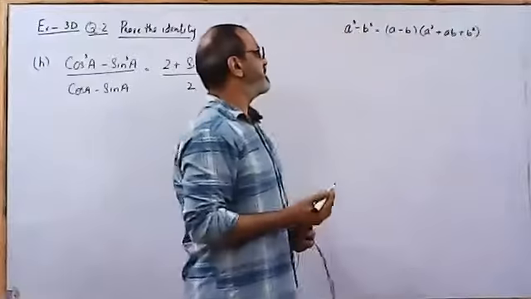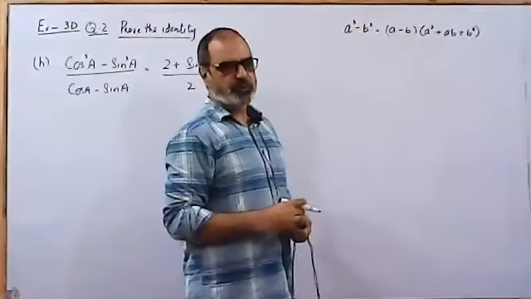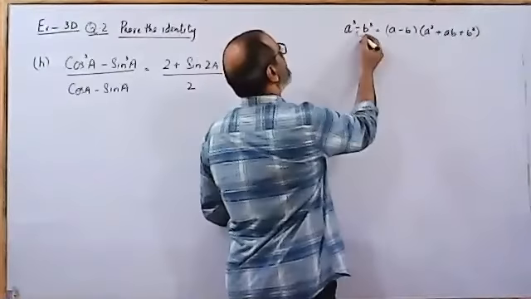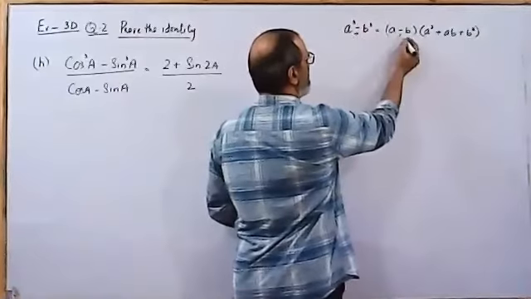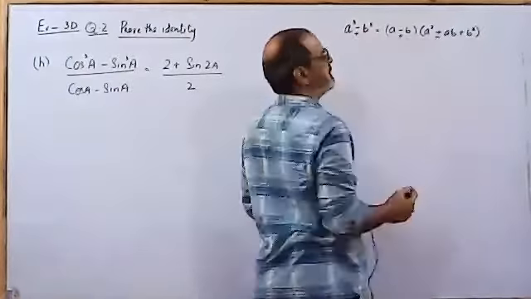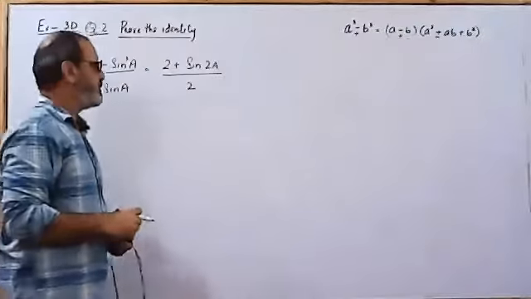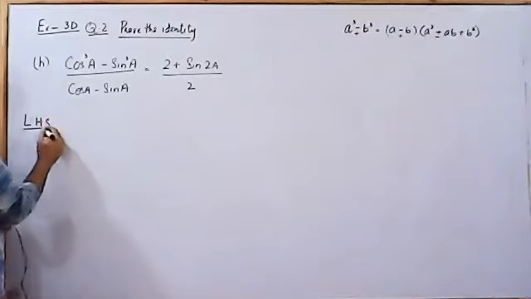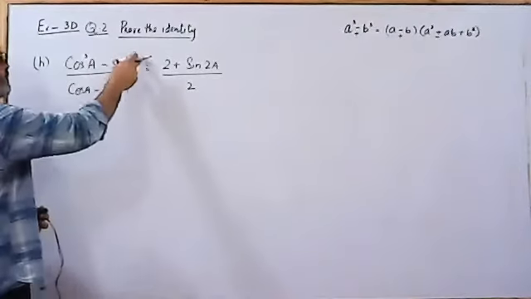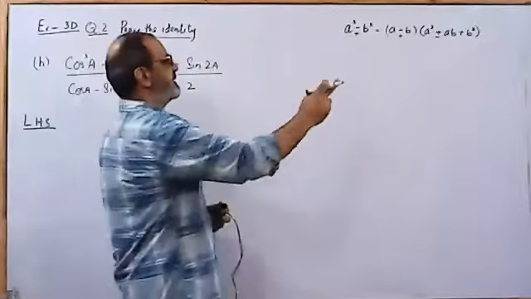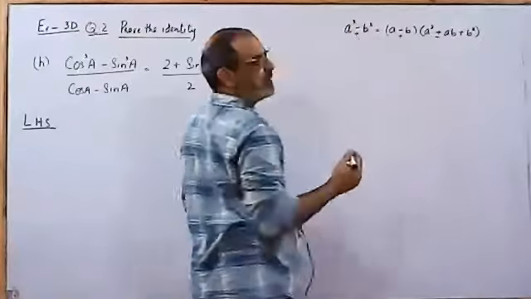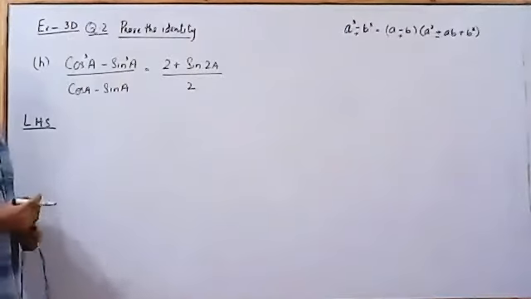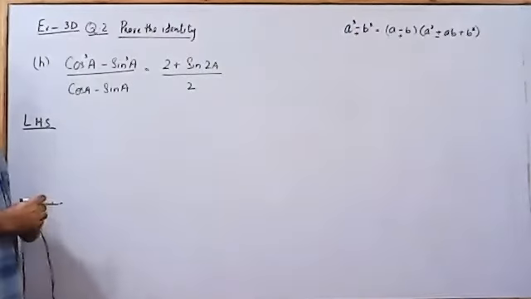A cube minus B cube is equal to A minus B into A square plus AB plus B square. And if we have a positive sign here, then it will be positive here and negative here. So if I choose the left hand side, I'm going to apply this identity on cos cube A minus sine cube A. So cos cube A minus sine cube A can be written as